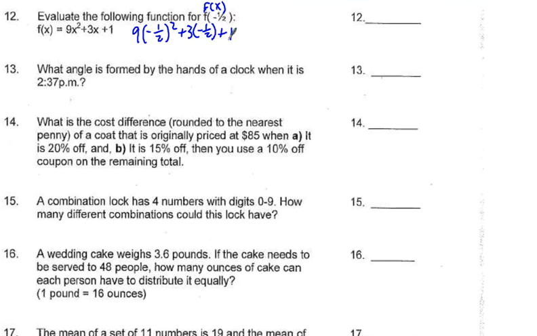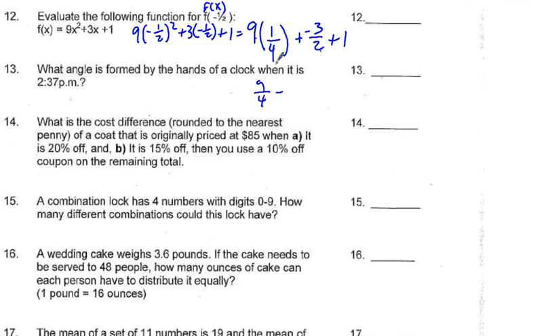Well, -1/2 squared is going to be positive, so the negative times the negative is a positive 1/4. So we have 9 times 1/4 plus -3/2 plus 1. Well, 9 times 1/4 is just equal to 9/4 minus